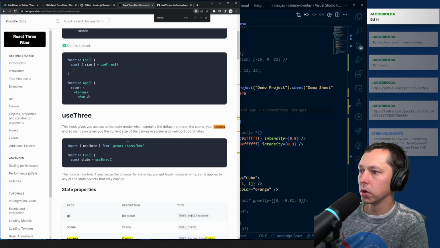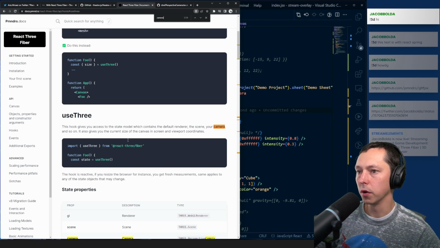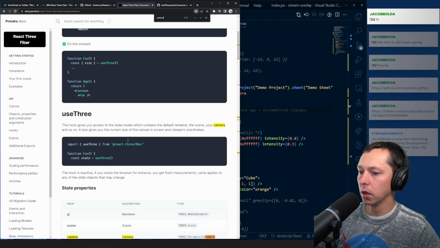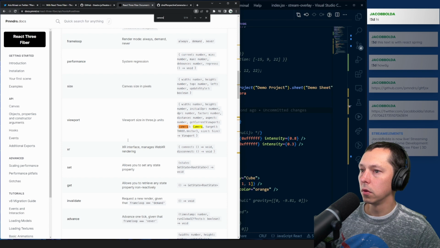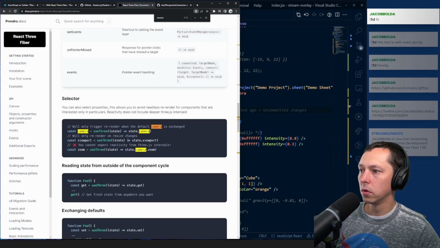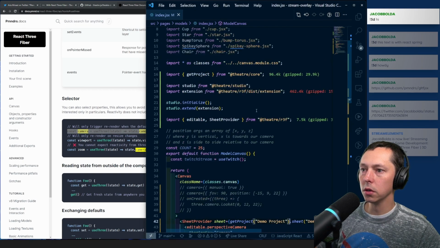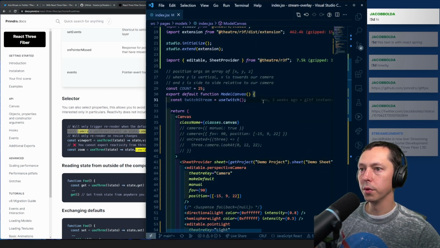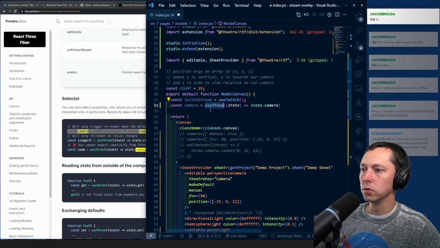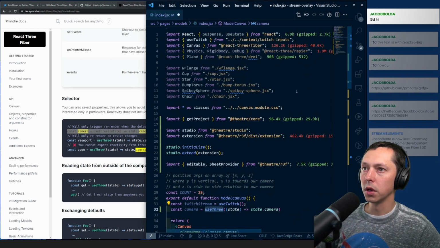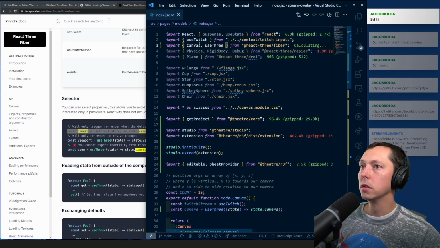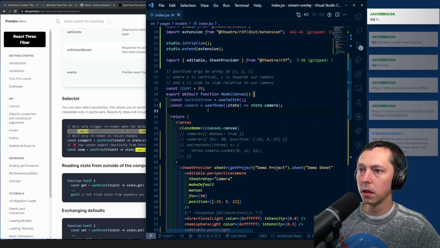Okay. So it gives you access to the state model, which contains the default render, the scene, your camera, and so on. You cannot export reactivity in Three.js internals. So if we do this, and we put this here, we've got a use3. No. So we're going to say use3 camera,